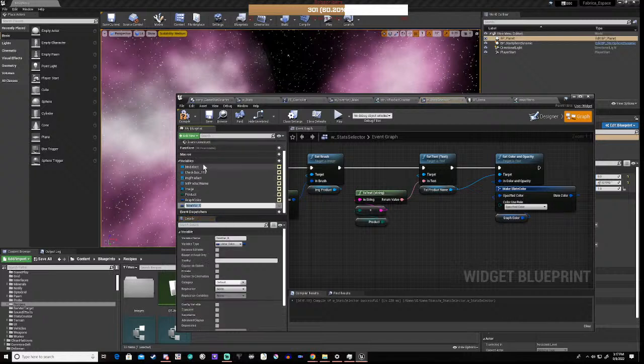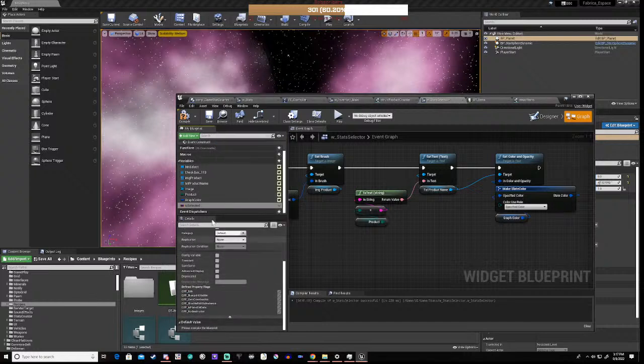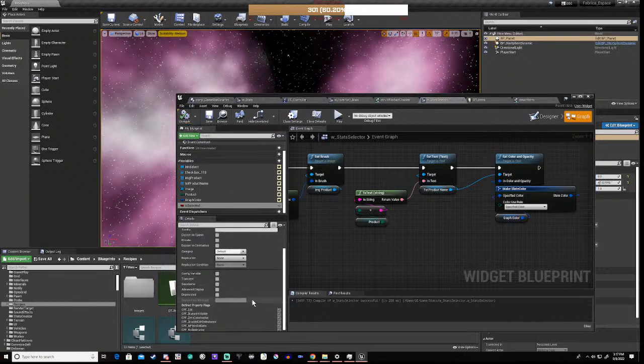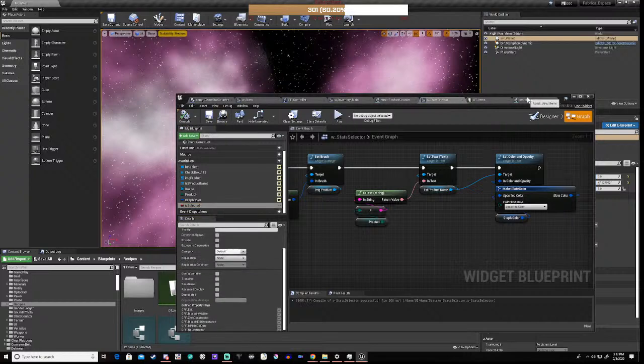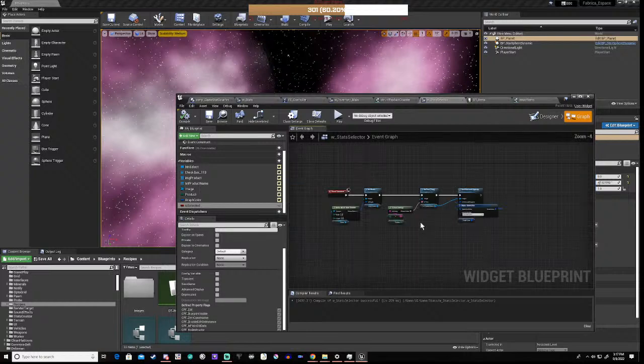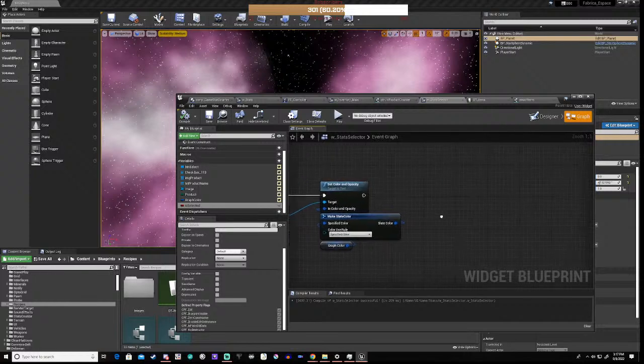Right, for each of these, we're going to say is selected, and it's going to be a bool. Right, and we're actually going to default it to true. Okay, so when we come in here, checkbox,